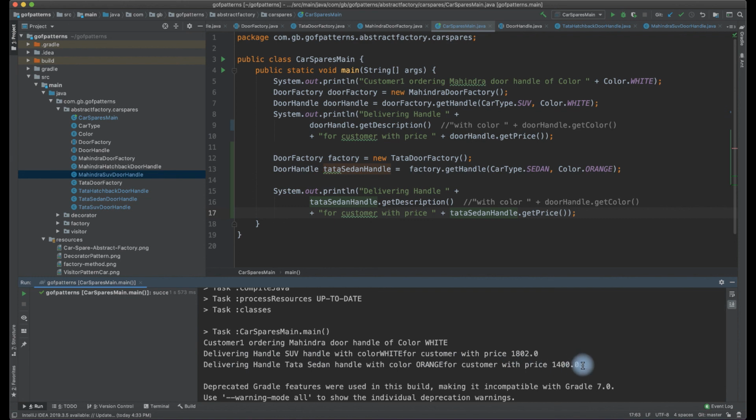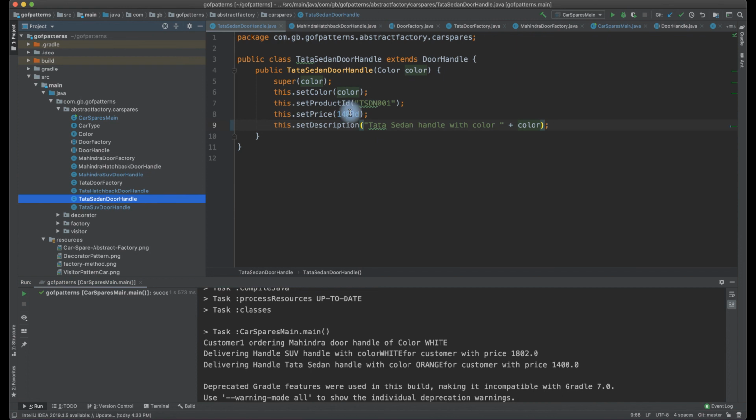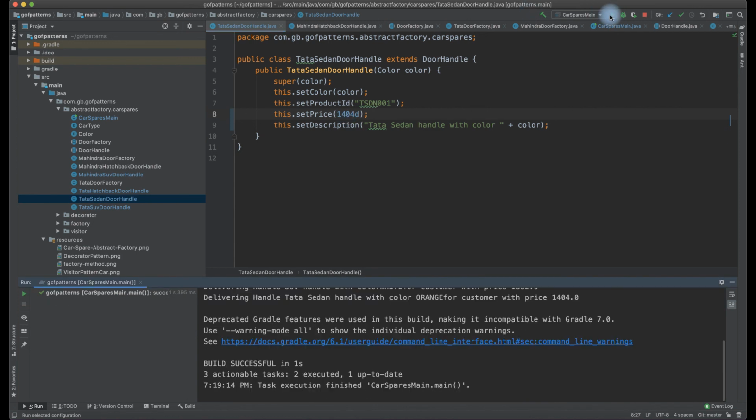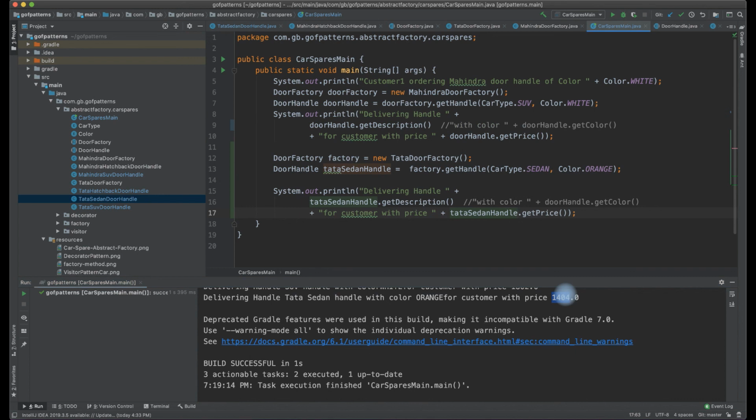Let's go and verify whether the Tata sedan door handle is 1400. Yes, it is 1400. We want to see it again, 1404, just to ensure. Okay, so 1404. Now I think things would be clear.